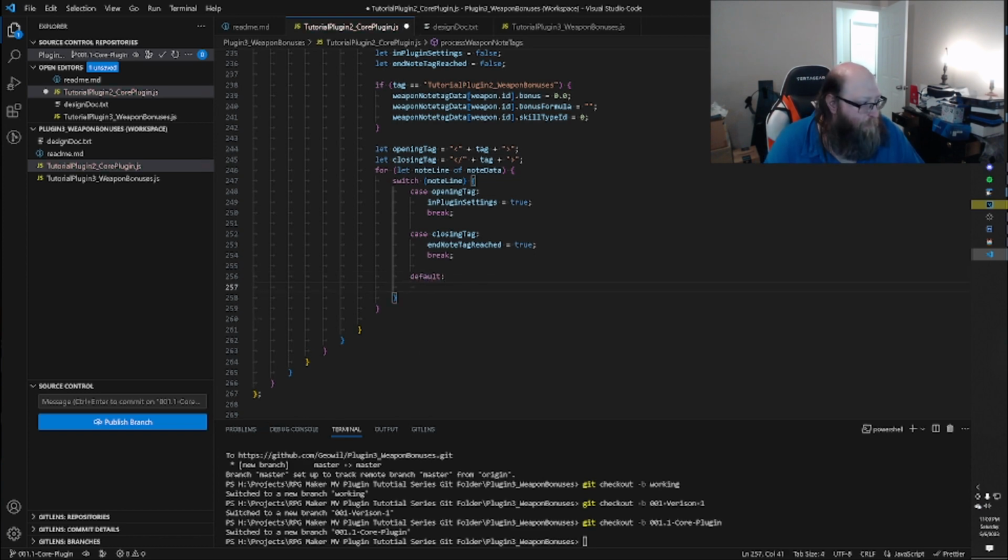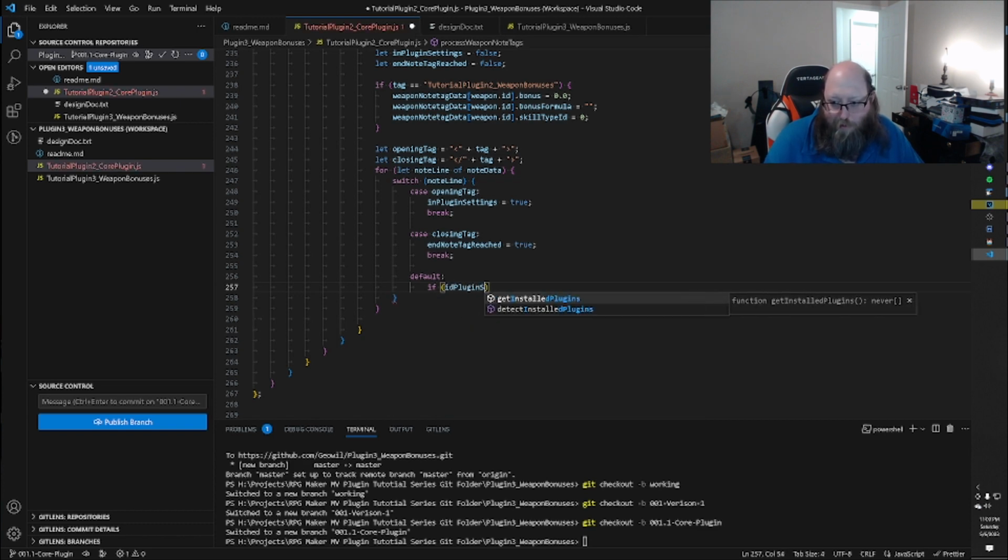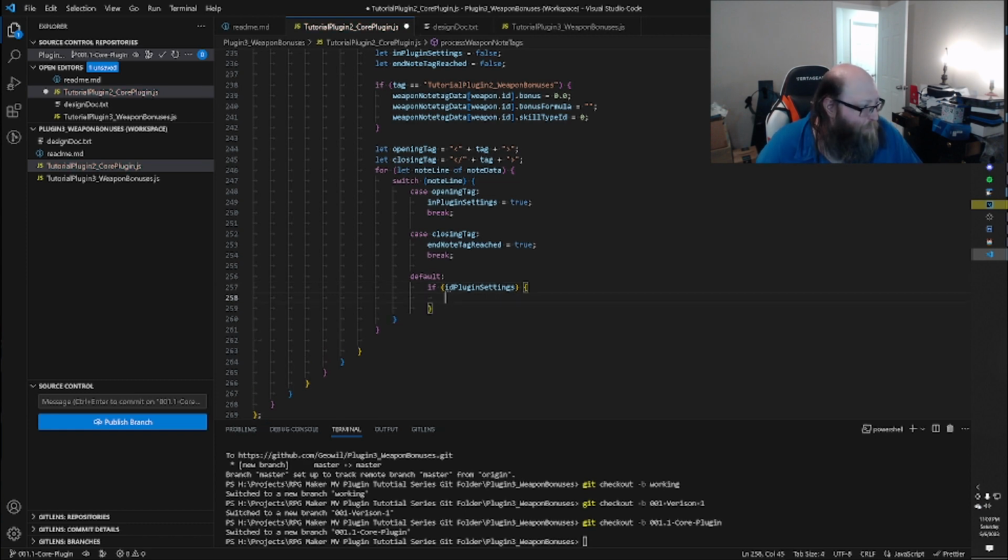So first things first, we need to make sure we're inside of our plugin stuff. So if in plugin settings is true, then we continue. And then what we need to do is split the lines. So the way that I do all of my